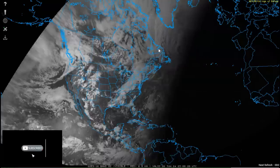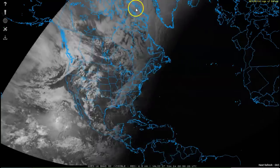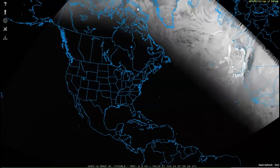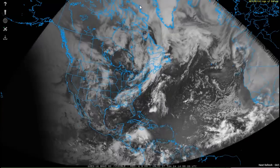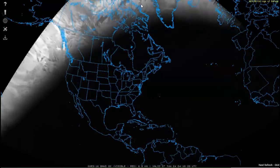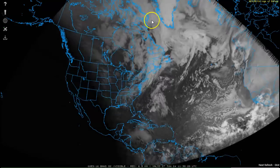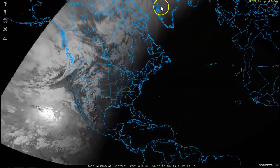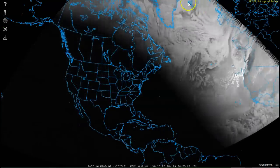But notice at the top of this, it never gets dark. You know, we're talking about the Arctic Circle. We're in the summer, the Earth is tilted, and we're in very long days now. We just had the solstice. But it's called the Arctic Circle, and usually that's the area that's the land of the midnight sun, some say. And anyway, if you notice, all the way up into here, this is north of Hudson Bay in this area. Again, the Arctic Circle, you can see the tip of Greenland and Iceland's right there,